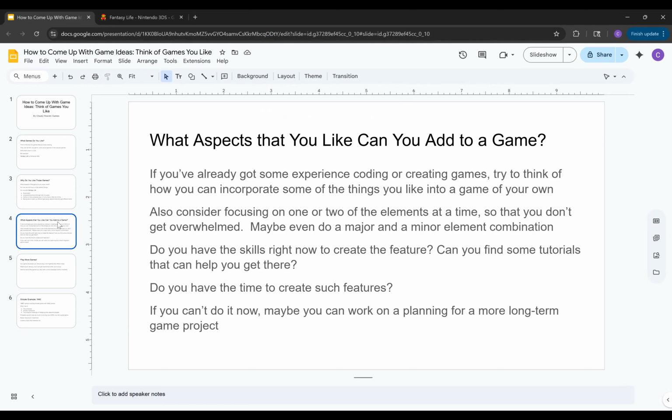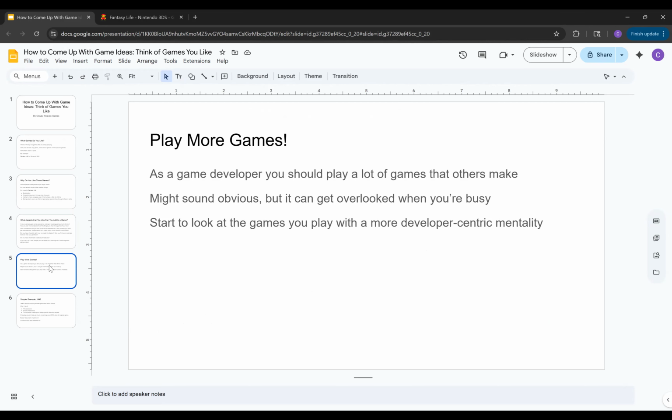And while you're building up your skills with simpler games, you're still going back and fleshing out this longer term game idea. All right. And the last major tip I'll have is to play more games, right? So of course this requires that you play games that other people make. And this might sound obvious, but